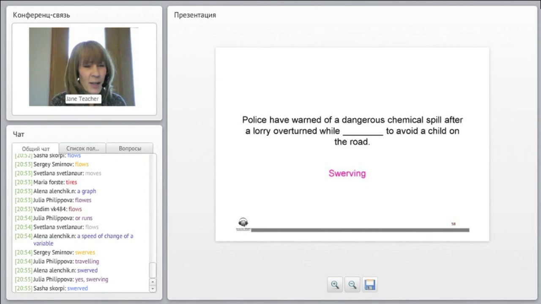So, Alona, you asked about a speed of change of a variable. You could potentially, if you work in a very technical field or you're studying in a technical field, and it's possible, depending on what the variable is, the velocity of change. But I think the speed of change would probably be a safer word to use than the velocity. Okay, so I hope that helps, but it probably depends on your technical field. Some of the terminology and the words that are specific to that technical field are not necessarily